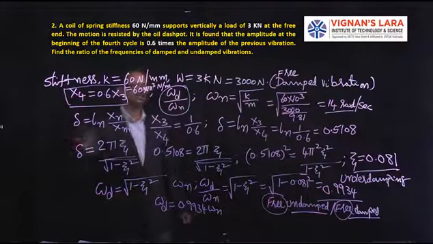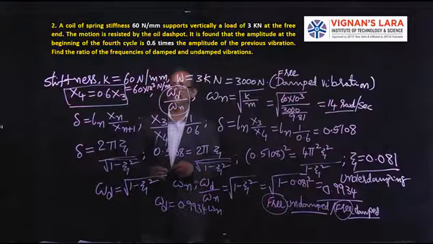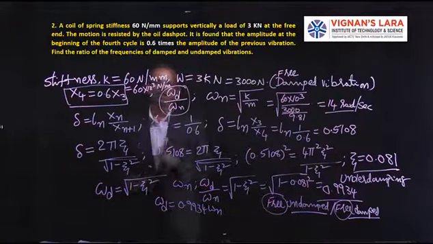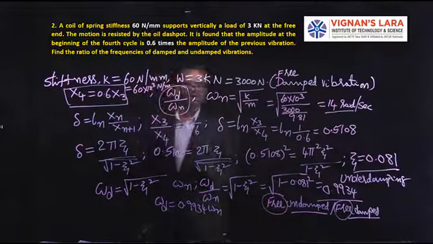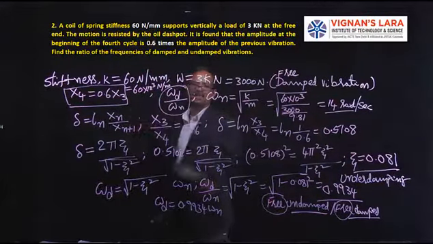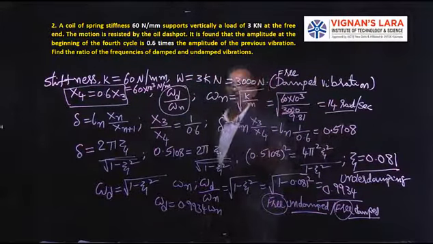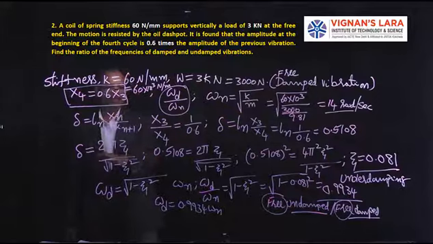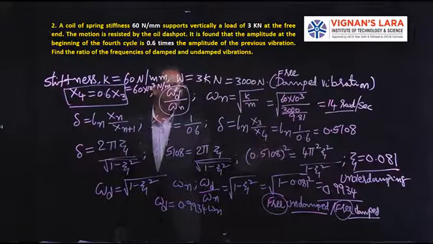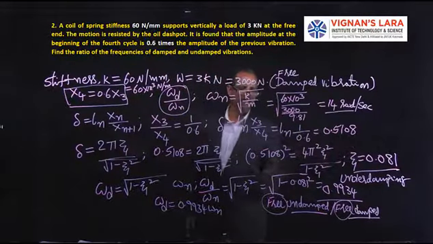For that, the basic equation I know from the fundamentals is the logarithmic decrement, given by delta equal to log of xn by xn plus 1. Here the given data is converted into equation form, that is x3 by x4 is equal to 1 by 0.6. So xn by xn plus 1 is replaced by x3 by x4, and then I got the value of delta. Once I get the delta value, we have a relation between delta and zeta. That relation has been written here, and substituting the corresponding delta, zeta is obtained.